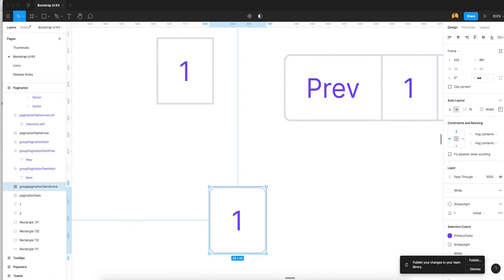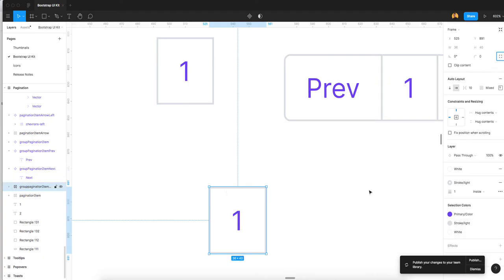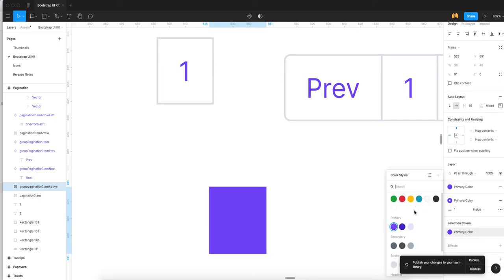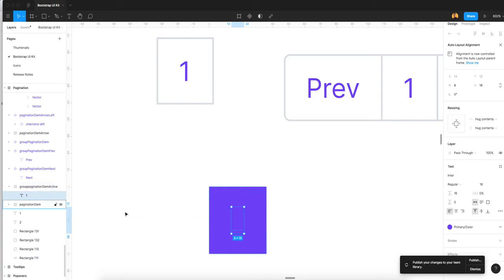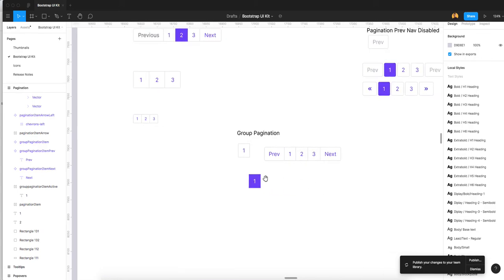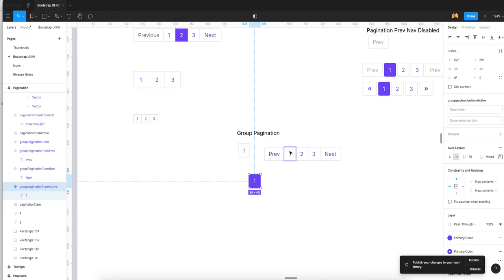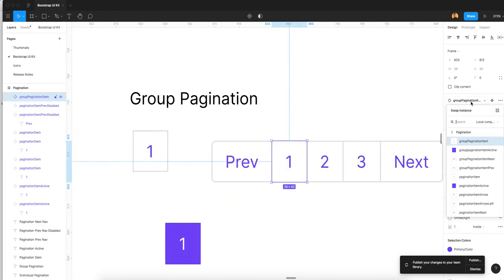I go here and set the radius to 0, and just select the color of this, white to active, and change the border, and the primary color should be, oh sorry, we need to change the text color. We just go here and select the text. So this will be group pagination active. Now go to create component. Now you move here and group pagination active.